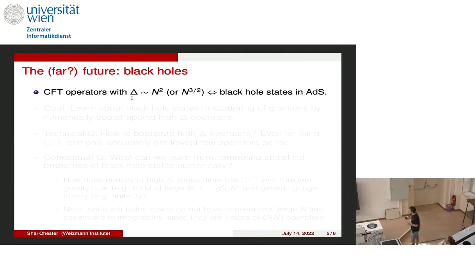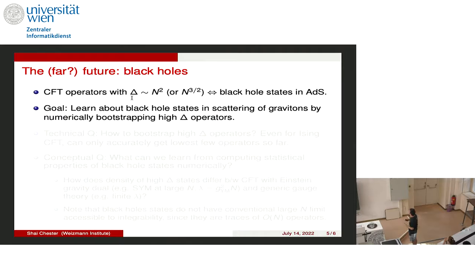An even more ambitious goal, aside from just learning about the S matrix, would be to learn about the other most famous observable in quantum gravity, which is black holes. Black holes correspond to CFT operators whose dimension is large, in particular scaling like n squared for n equals 4, or n to the 3 over 2 for ABJM. So these are black hole states. And the goal would be to learn about black hole states and the scattering of gravitons by numerically bootstrapping